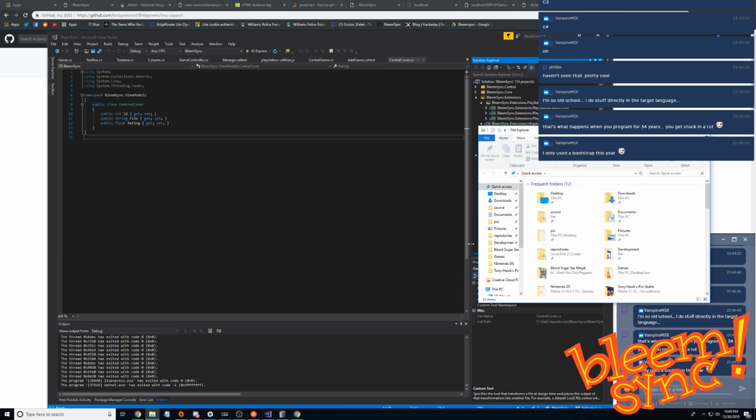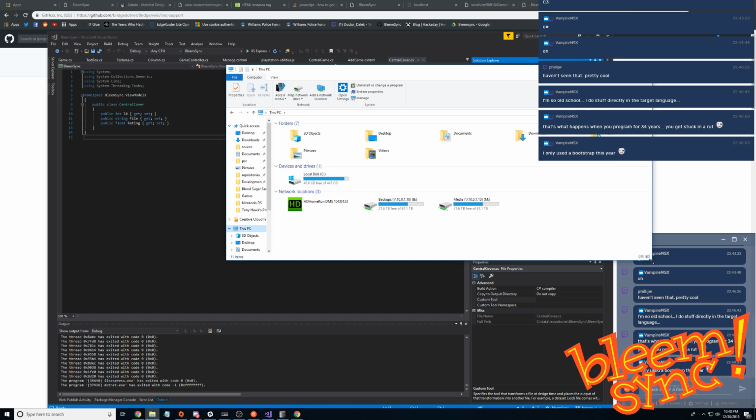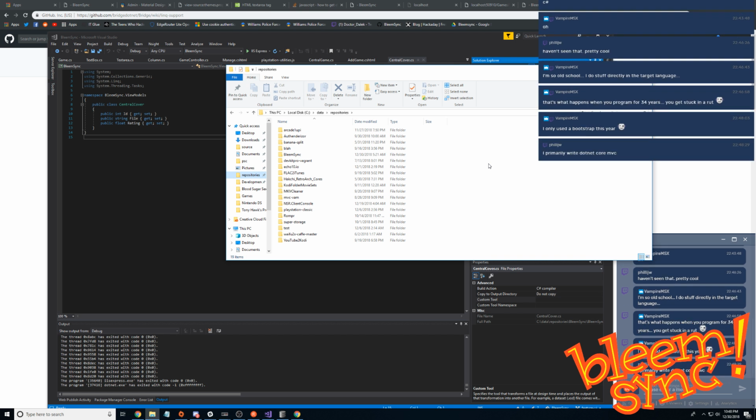If anybody has used .NET Core MVC in the past, you know that you can't import controllers from other projects. I mean, you can have your controllers defined in another project, but you'd have to recompile it in order to load it, or you'd have to write your own loader and all that stuff. So what Xcore lets us do